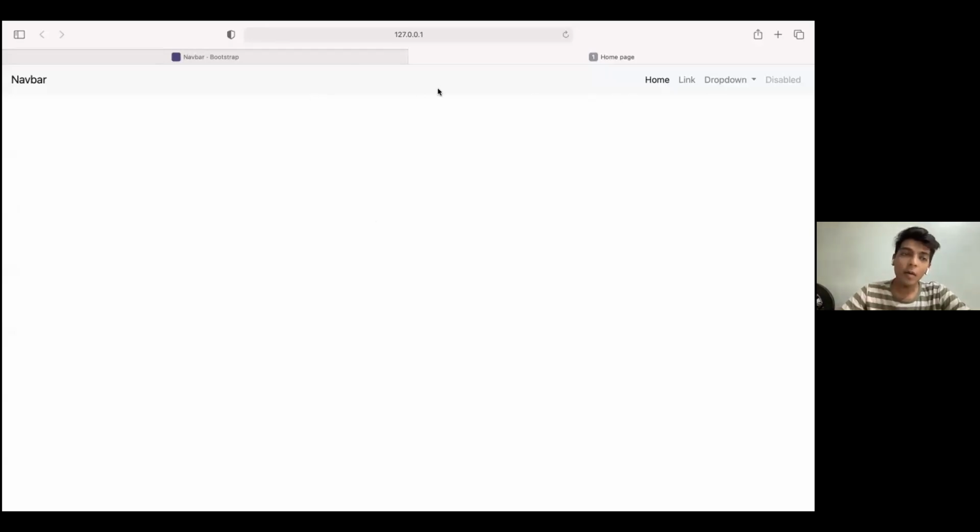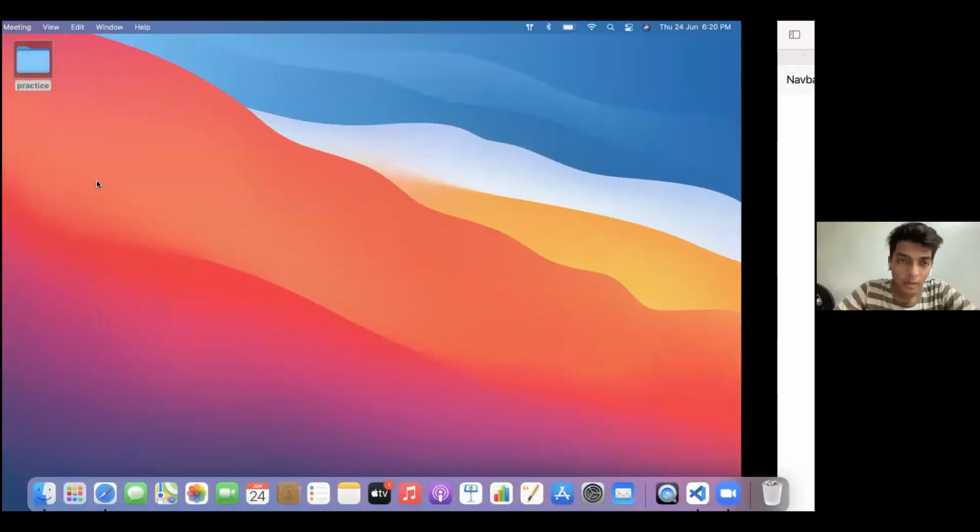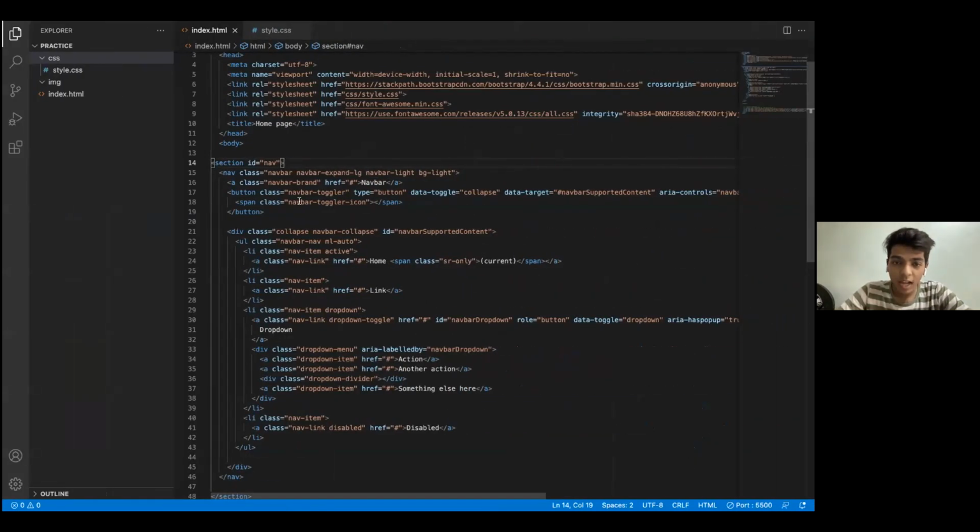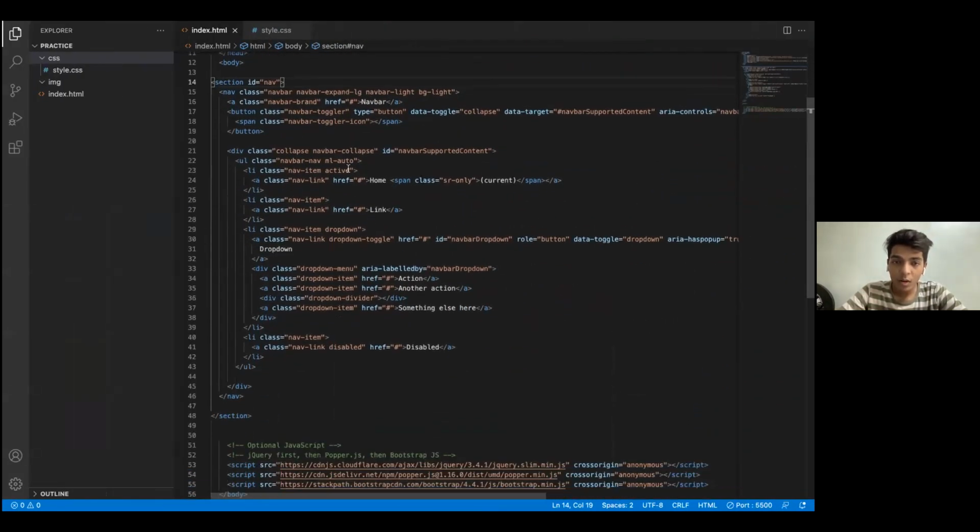So a basic rough HTML navbar has been created. And as we can see, everything up till now is working. The drop down is working, the links are there. Okay, it won't be taking me anywhere because I have not actually referenced anything to that. I have to actually refer something here so that I can go. We'll be coming to that in a while.